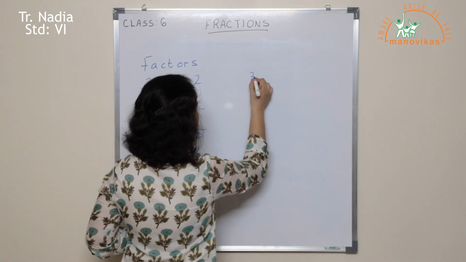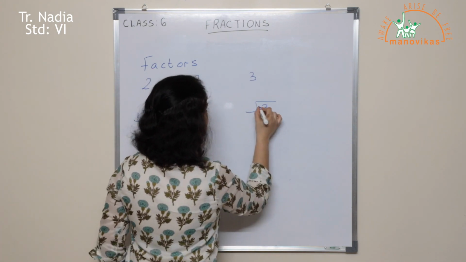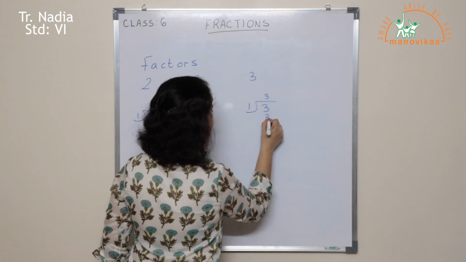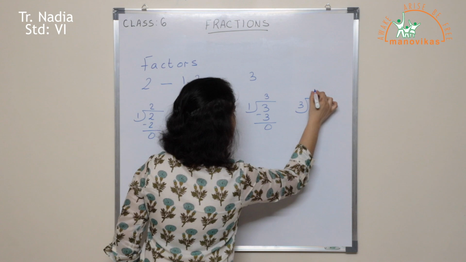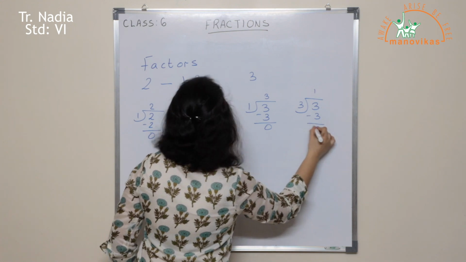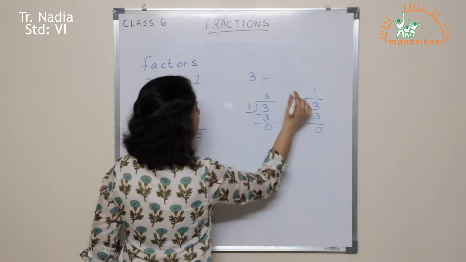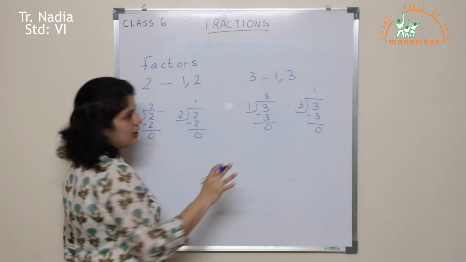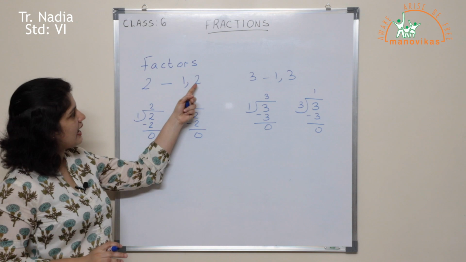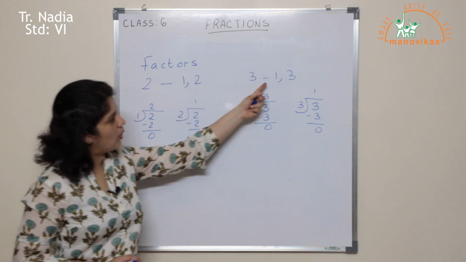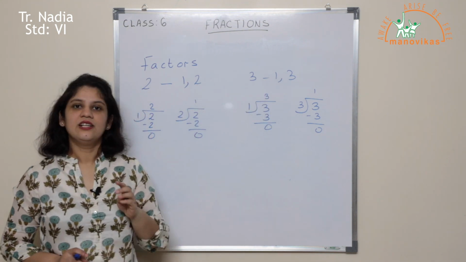Similarly, there is 3. 3 also can be divided either by 1 or it can be divided by 3 itself. So the factors of 3 are 1 and 3. Now such numbers which have only 2 factors, 1 and the number itself, such numbers